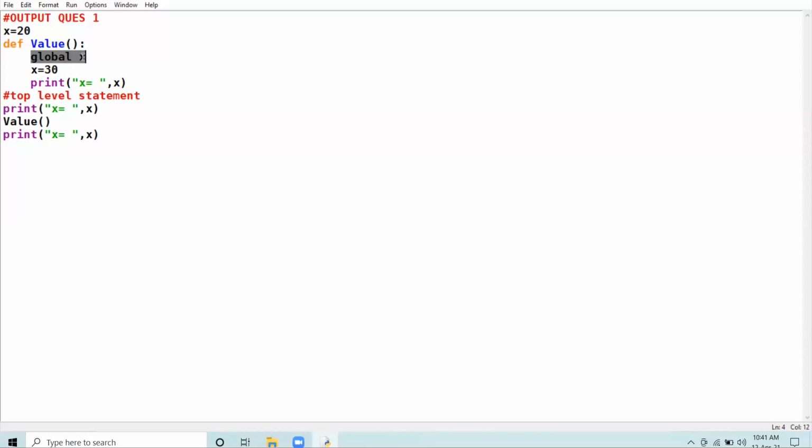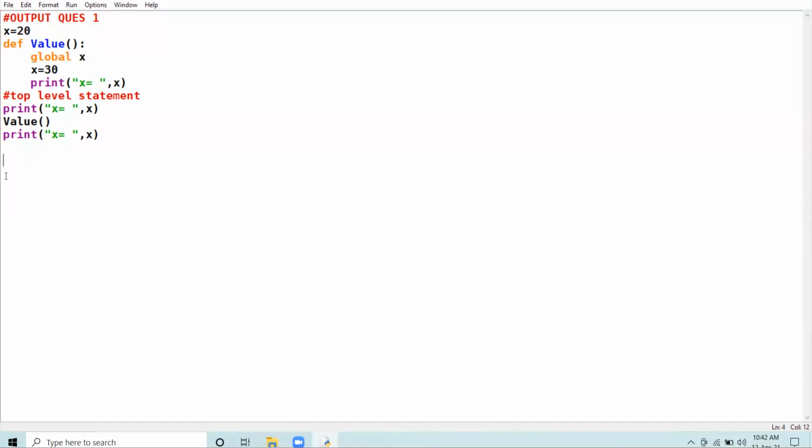This is a message being conveyed to the Python interpreter that this x is not a local x now. No new variable is created with the name x, rather we are referring to the global variable only because we have given the message global x over here.